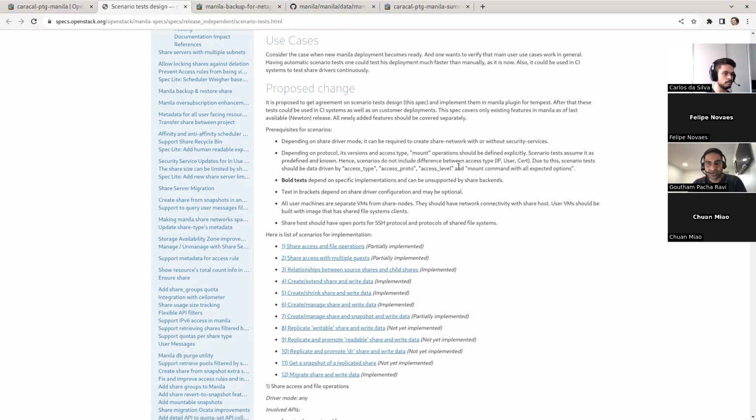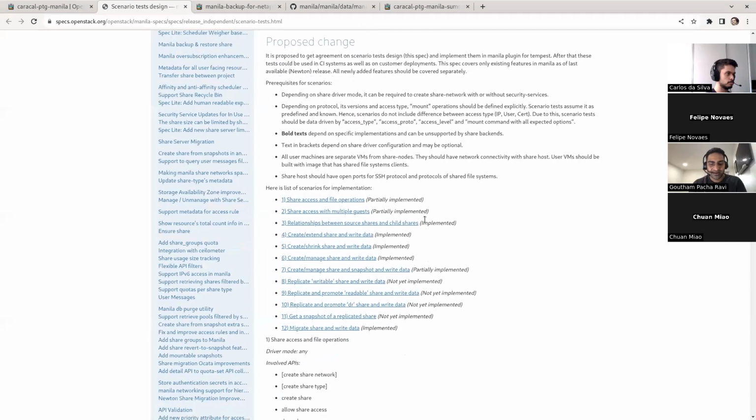And so there were a bunch of interesting test cases that we had planned a while ago. And many of those are in various degrees of completion, but most of those are partially completed. So the ones that are partially completed, these are really easy to complete all the way, right? So the scenario test design was changed with this spec, but the test itself is doing something slightly different. So, for example, if we were to say we want to test the expectation that when a share is created, it is not